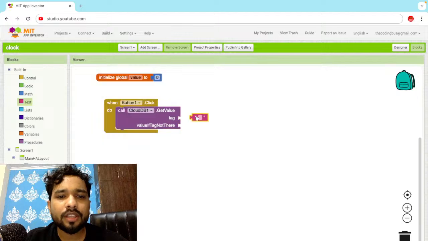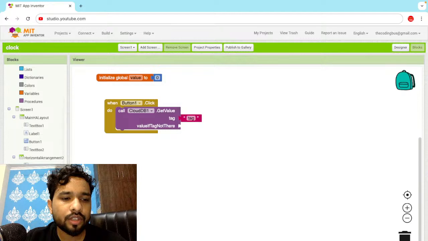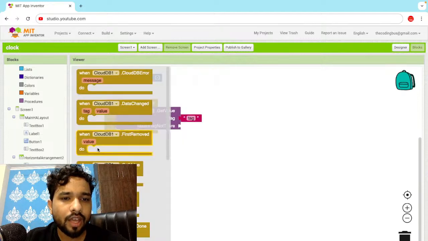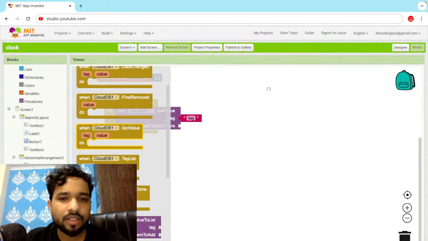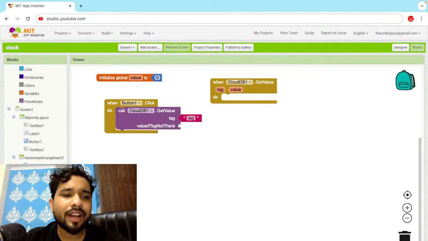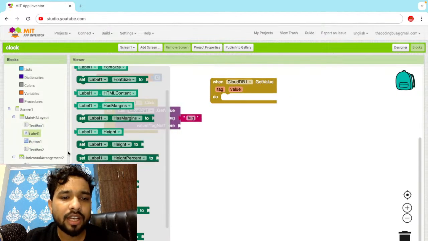But now we need to display that value, right? This is the tag. We need to display the value. For that we need to use the CloudDB, and the got value, this one. So we try to directly fetch the value in the label like this,